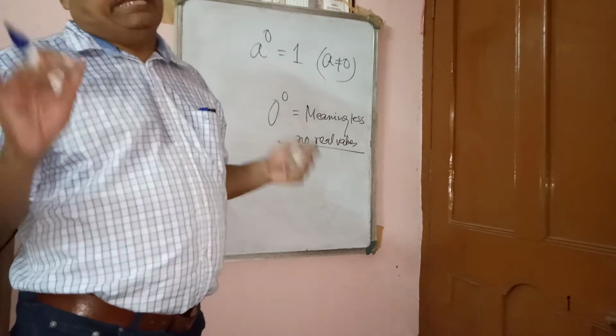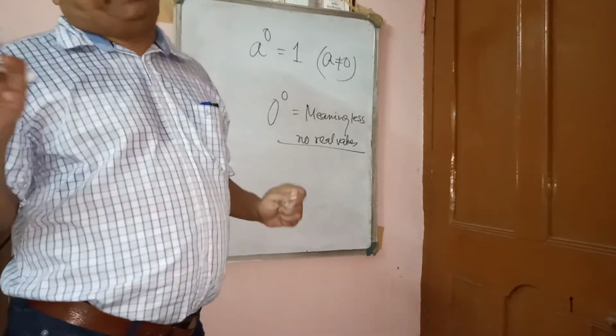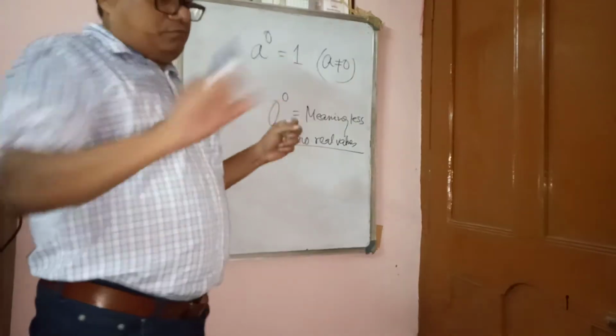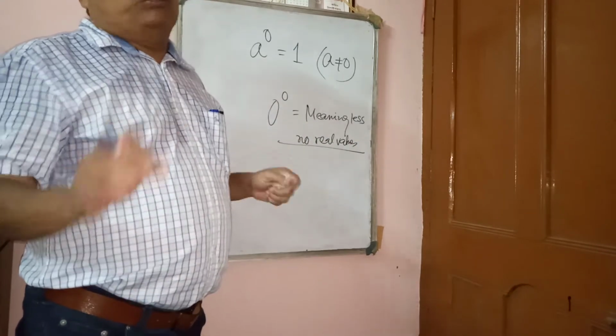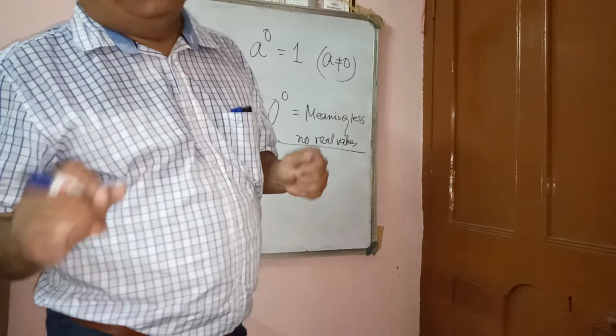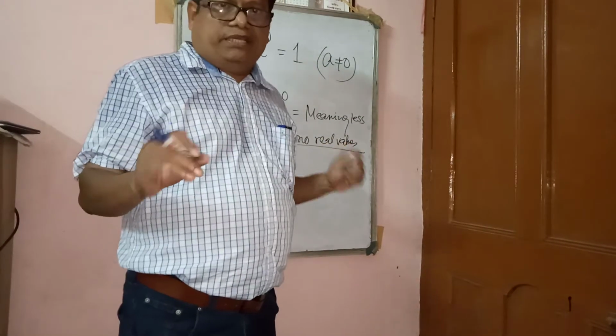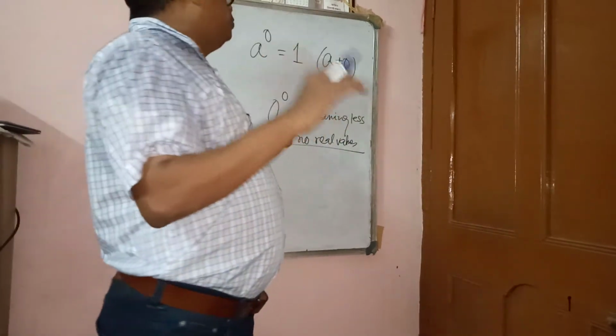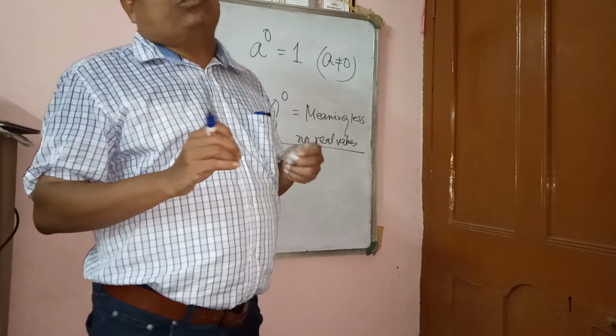Absence of any object. Zero means we have to define it like that. Suppose there is no object here. Suppose you are searching on a page and you are not getting it. So this is absence of the object. So zero you can define like that, absence of any object.